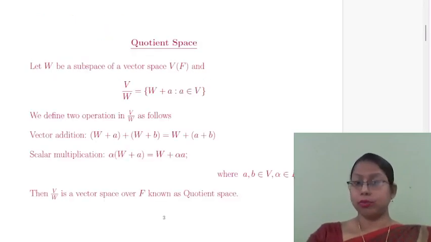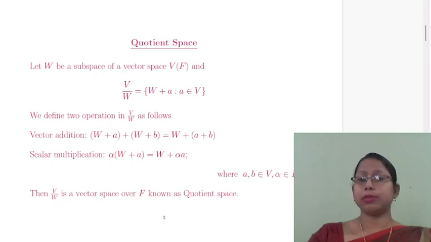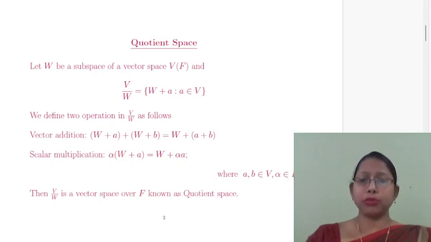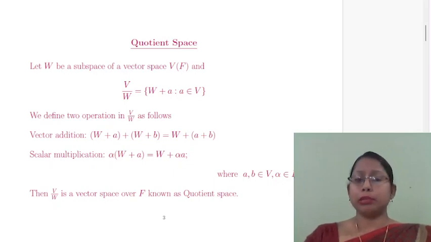Next is the definition of quotient space. Let W be a subspace of a vector space V over the field F, and V/W is the collection of all elements of the form W + A, where A belongs to V. Then we define two operations in V/W as follows. Vector addition is given by (W + A) + (W + B) = W + (A + B), and scalar multiplication is alpha (W + A) = W + alpha A, where A, B belong to V and